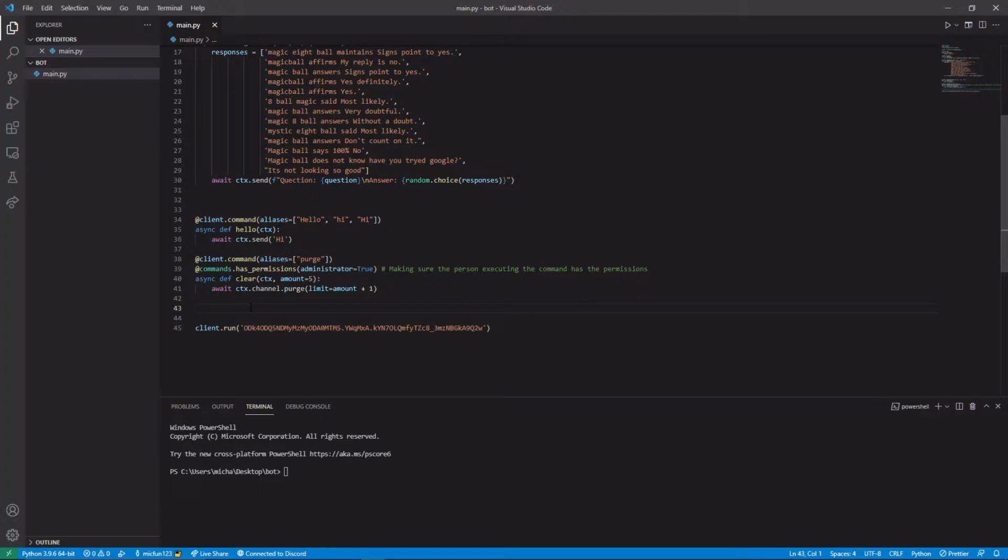First thing we're going to do is start this code like every other bit of code we've written. Client.command, open and close brackets. New line, async def, and now the name of our command. So let's do kick. And now let's open up our brackets. Now we can put some stuff in our brackets. First thing we want to add is our context, then a comma, and now we need to also get our member. So let's type in member,